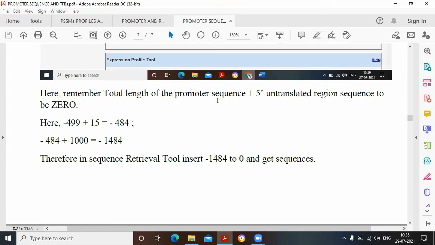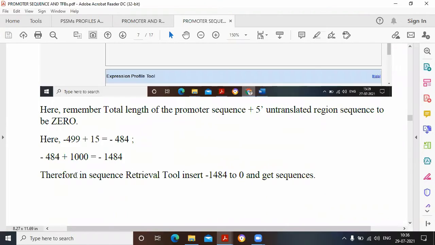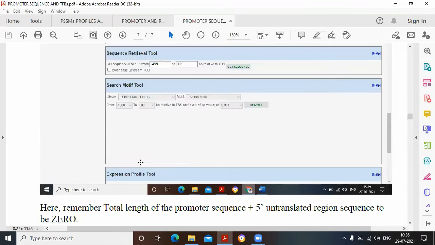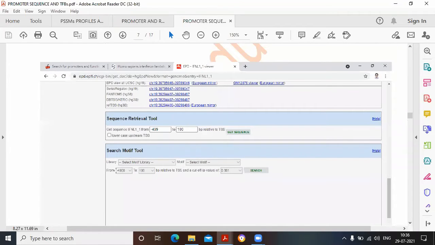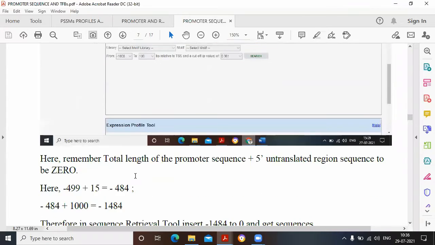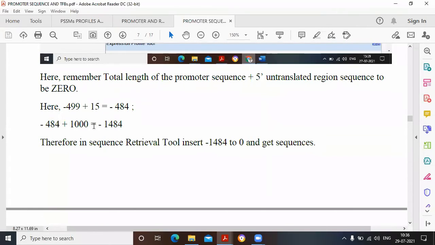So this all the upstream region, whatever the portion is there, plus the 5' untranslated region, together is considered as the 0 as per the normal convention of molecular biology. So this is the 0, and that's why in the software we have mentioned -499 plus 15, this we need to add, and then the prediction cutoff is 1200. So from 1000, that is the -1000. So this 1000 we are adding with that. So it is coming total